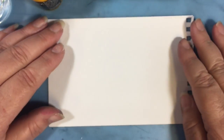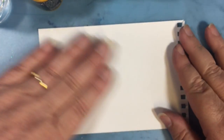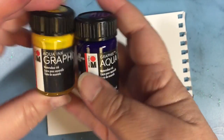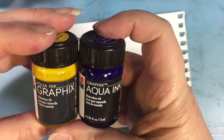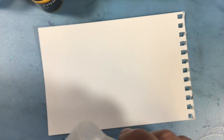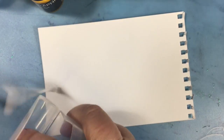But before we do that, we need to create our background for the stamp. So what I have here is a kind of a thicker piece of sketchbook paper, and I'm going to be working with these inks from Marabu. They are watercolor inks, and I am just going to be using some cotton swabs here to apply it onto